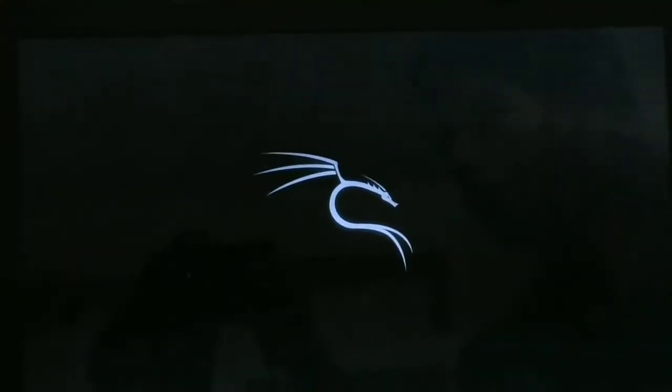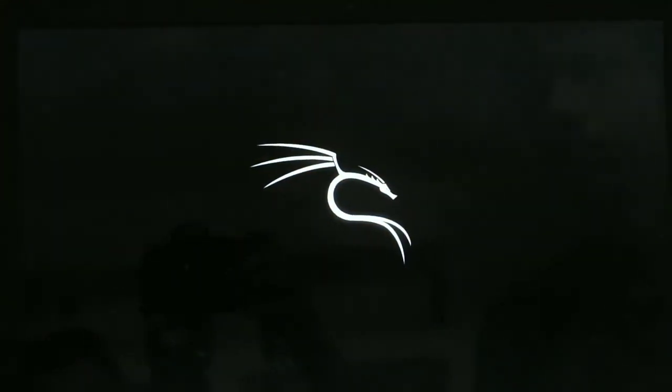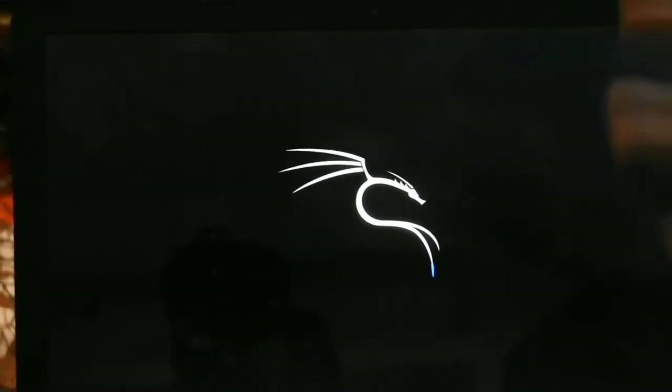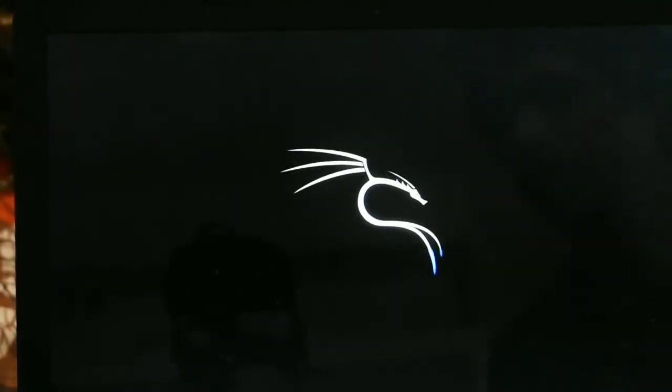So now it will boot into Kali. The options are Kali or Windows. It will come every time you boot your PC. So you will have to select Kali here, and now you can see Kali Linux has been installed on your PC or your laptop, whichever device you are using, and we will now boot into Kali Linux.